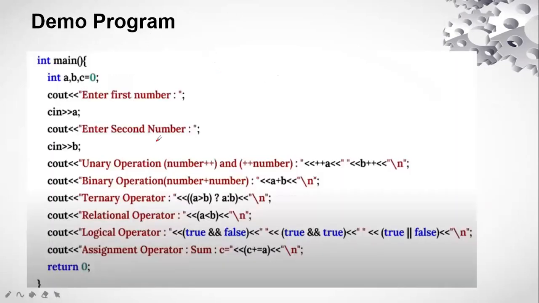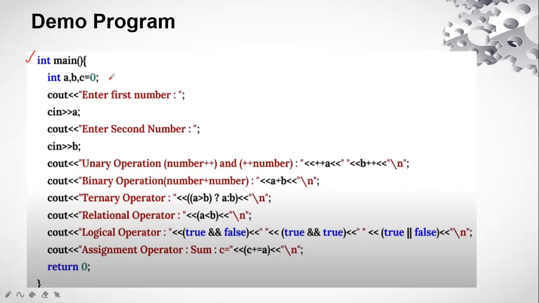Now let's see this demo program. In this we have defined the assignments and the different types of operators. How are we going to define it? I have started from int main because we are always going to use the namespace syntax, and then the inclusion of header files, that is hash include, less than sign, iostream, closing greater than sign. This is the inclusion of the header file, and then int main.